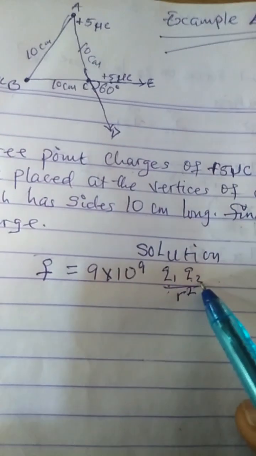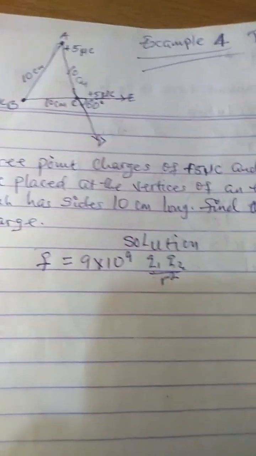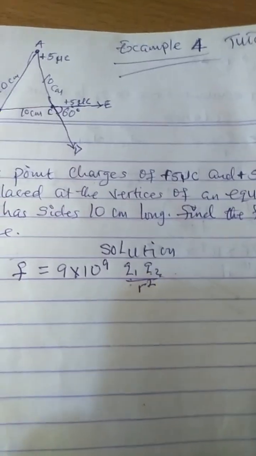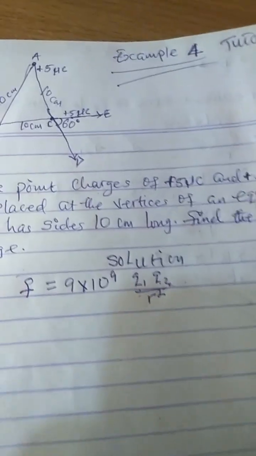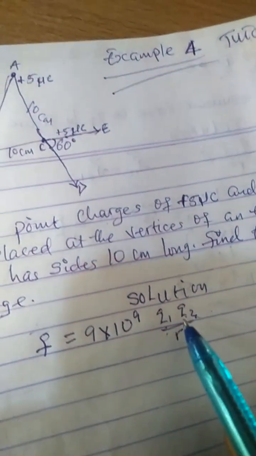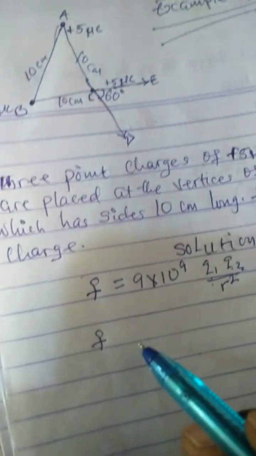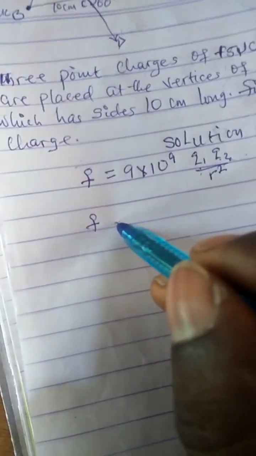Alright, so Q1, Q2 are the charges, while r squared is the distance that separates the charges, according to Charles Coulomb, who stated Coulomb's law. Alright, so if you have something of this kind, what is the next step? This is F, which is the force. The force F is going to be equal to